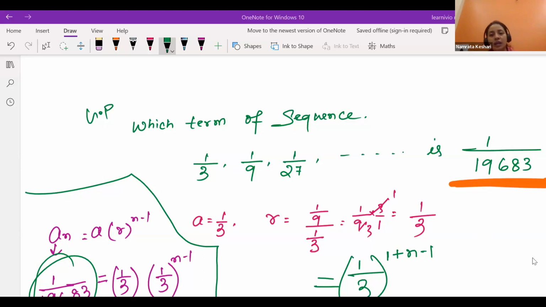The term is given, and we are supposed to find the nth term. Suppose the question is,